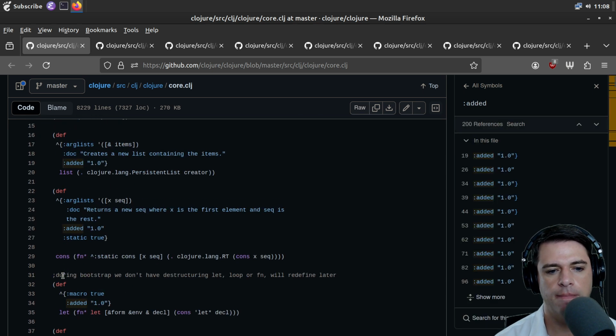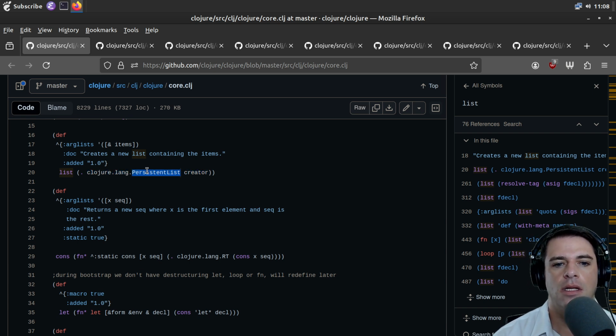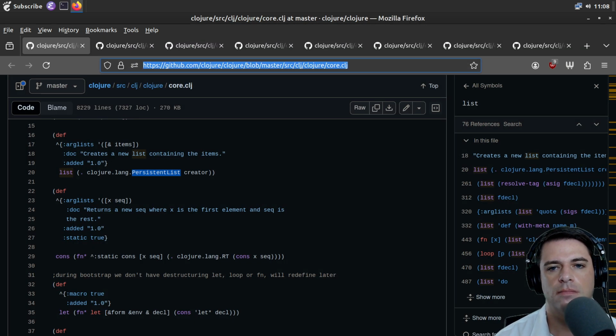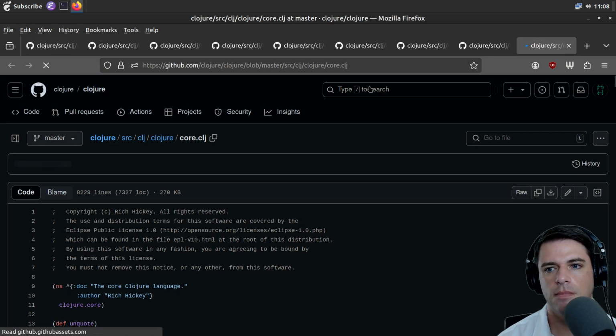List maybe. Okay, so list. And then whatever this is, .clojure lang persistent list creator. So I'm guessing that this line is telling you the Java method that's being called.